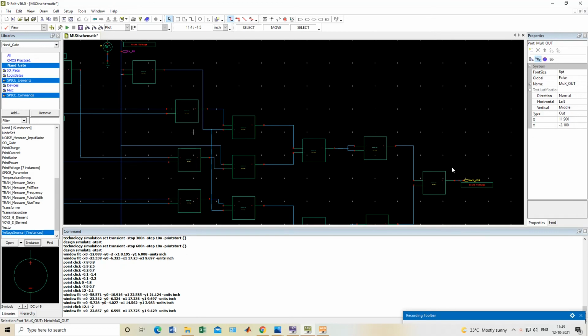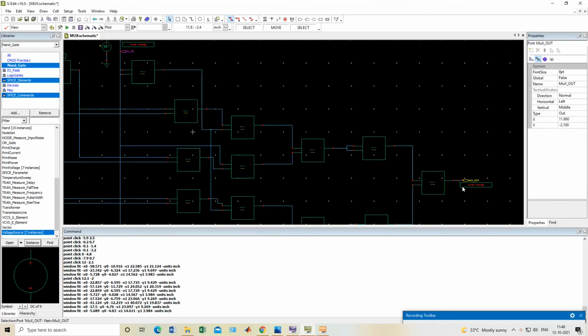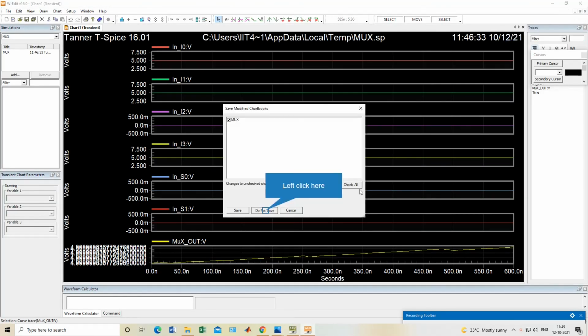That's why we are getting this delay. If one NAND gate gives 20 nanosecond or 40 nanosecond delay, it will be multiplied by 13. Okay, so I will change the input right now and we will observe the output.